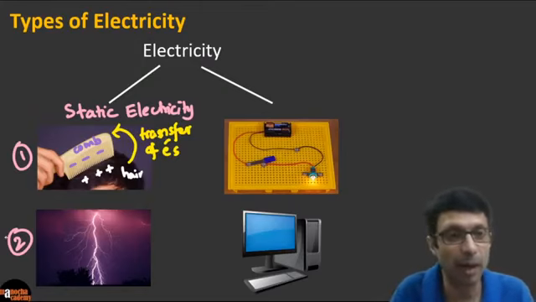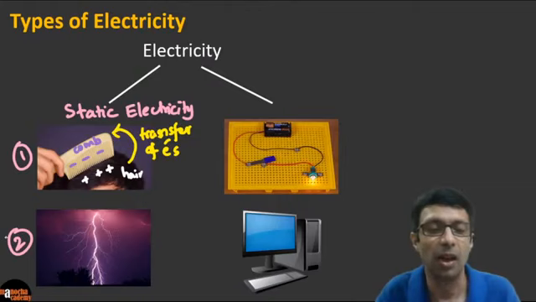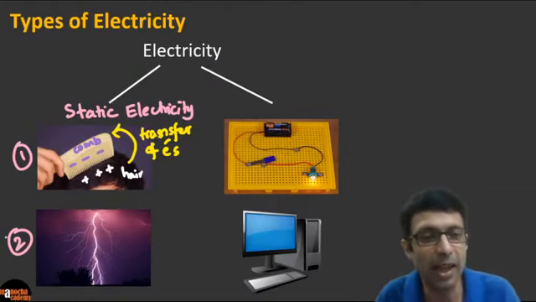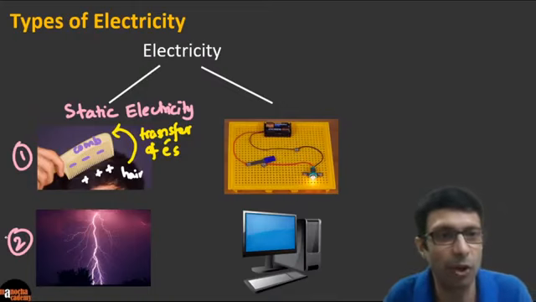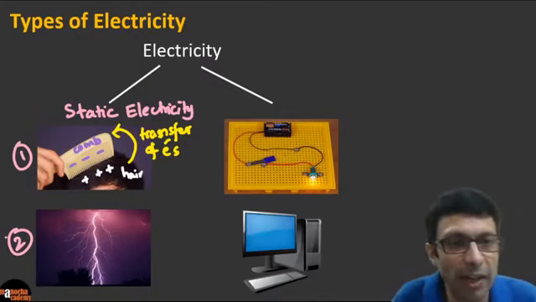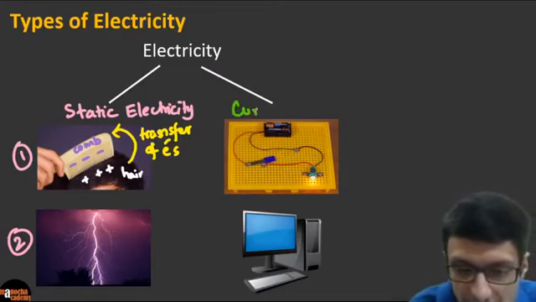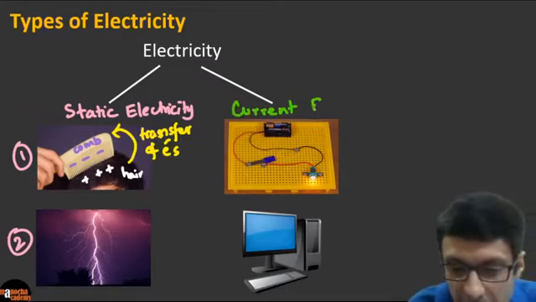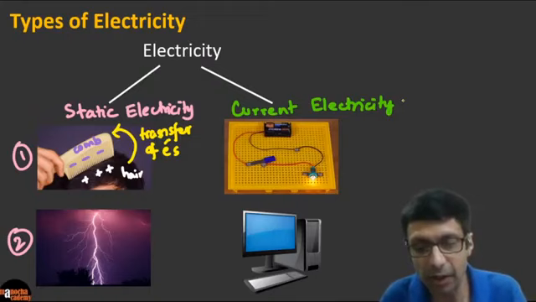Now there's another type of electricity which we are using all the time, right? That runs our computers, lights, fans. So what is that type of electricity? So come on, guys. Very good, very good. I see Sonal has the right answer. Excellent. That's called current electricity, right? So one is static electricity, and you can also have current electricity, right, guys? So current electricity is an example.